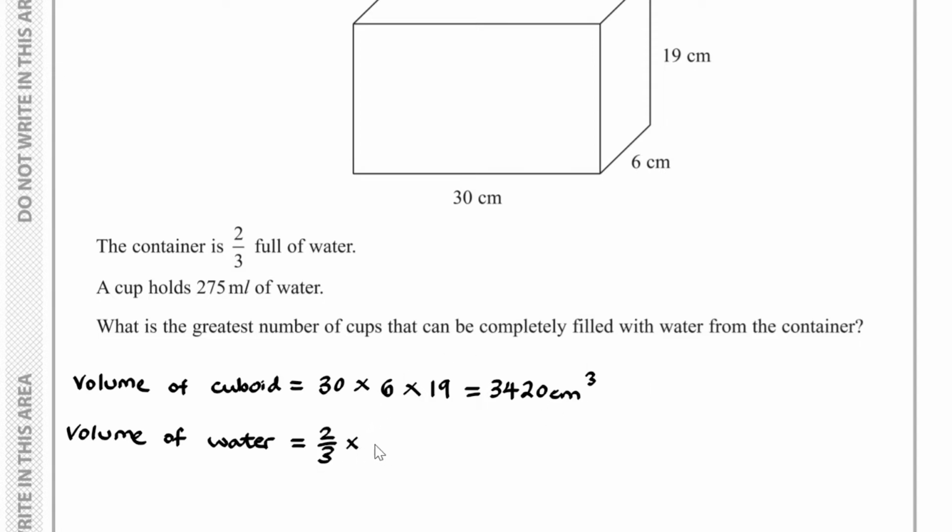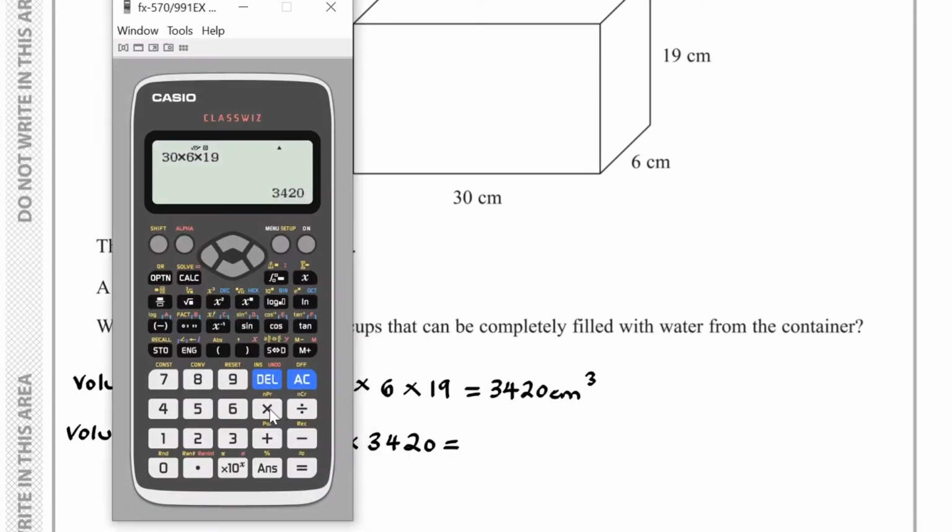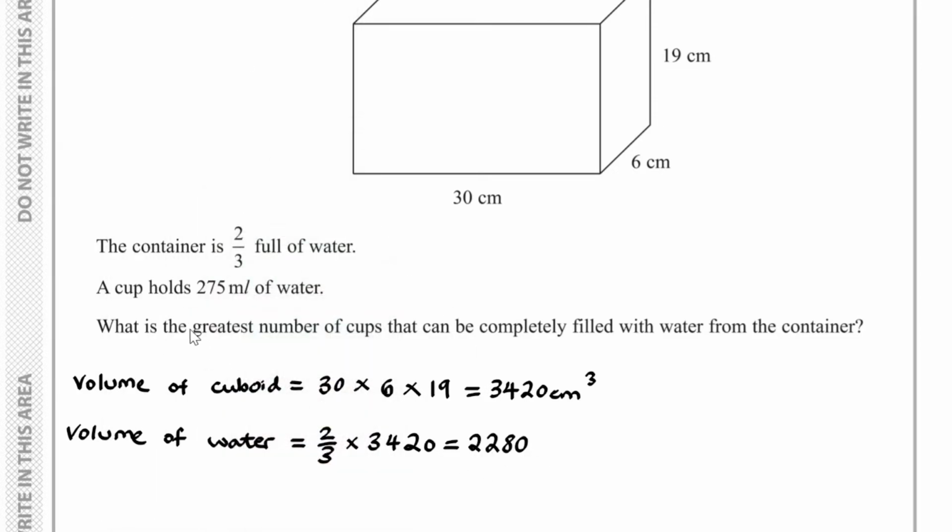So we have 2/3 multiplied by 3420, and if we work that out, we end up with 2280. So the amount of water we have, therefore, is 2280